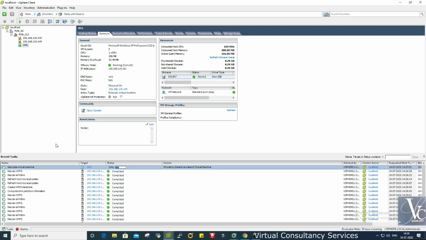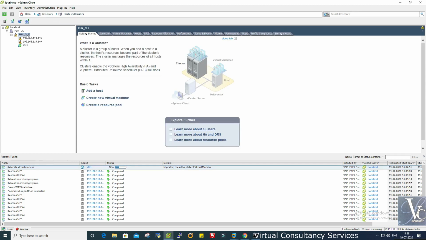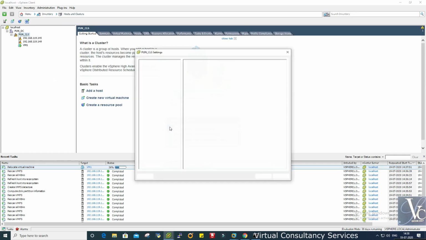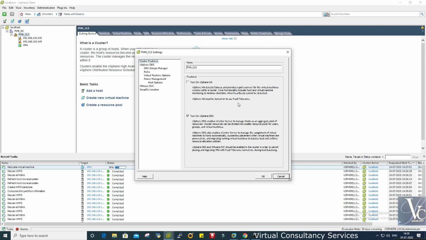So the purpose was to create a shared datastore. A shared datastore is used to migrate a VM from one ESXi host to another. And while this VM is getting migrated from one datastore to another, that is Storage vMotion, we will go through some features of this cluster.